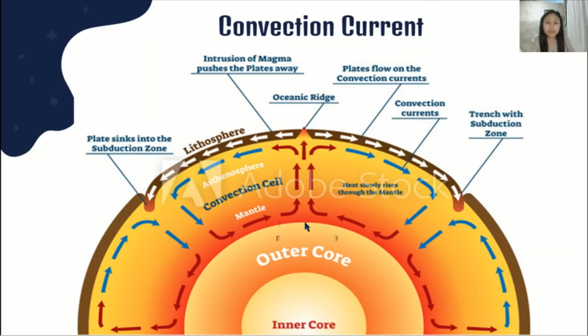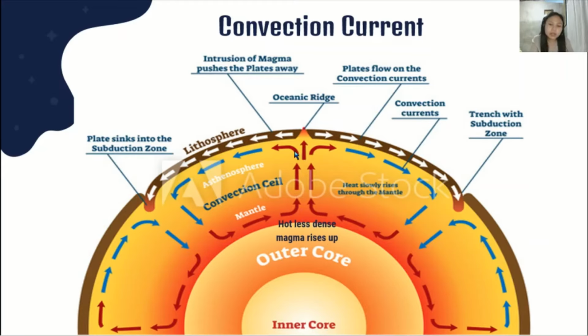Okay, so when the magma is being heated by the core, it will become hot and less dense. In density, when a liquid or a gas is hot or has a high temperature, it is less dense and it has a tendency to rise up or to move upward. So the hot, less dense magma rises up.